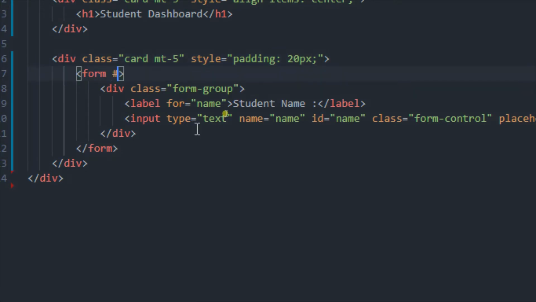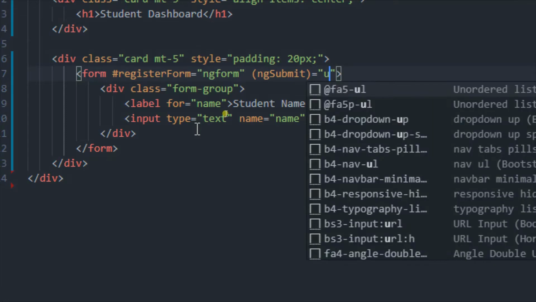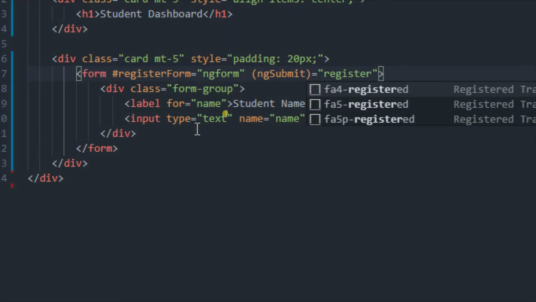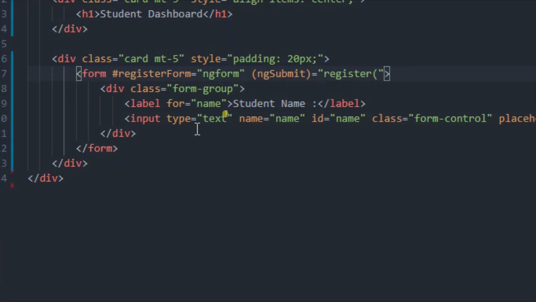Let me first write the code, and after that I will explain it. Register and the brackets. Now let me first try to explain what this is.